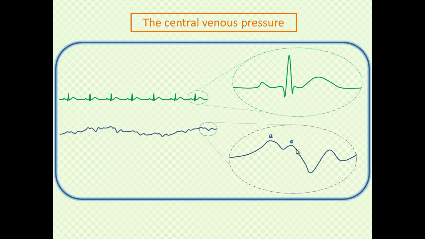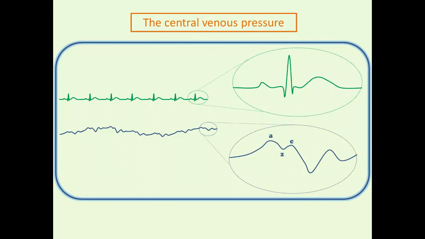on many CVP monitors, is the C wave, and this is essentially just the billowing or the bowing of the tricuspid valve backwards into the right atrium during systole, and this occurs even when your tricuspid valve is totally competent. You can sort of picture the valve tensing backwards like a parachute opening during systole. So the important thing is that the A wave marks the end of diastole, and so the C wave marks the beginning of systole. So end diastole is actually this little valley here, and we call that the Z point,